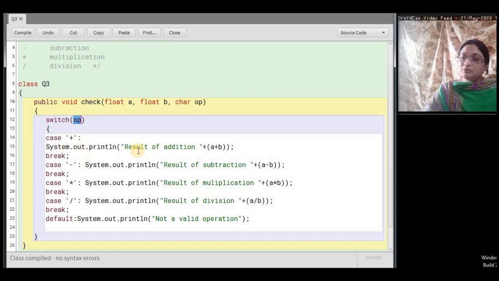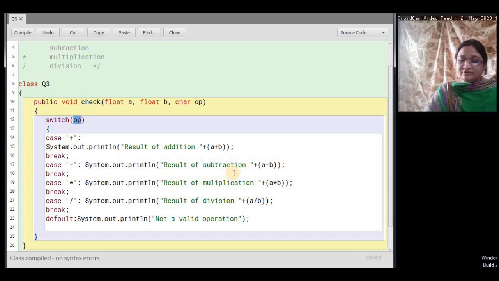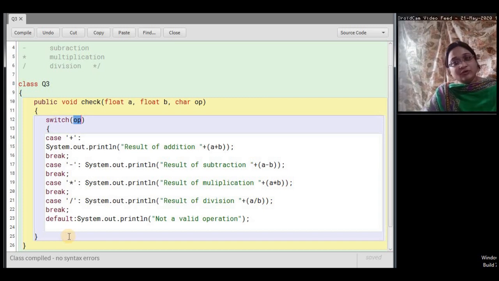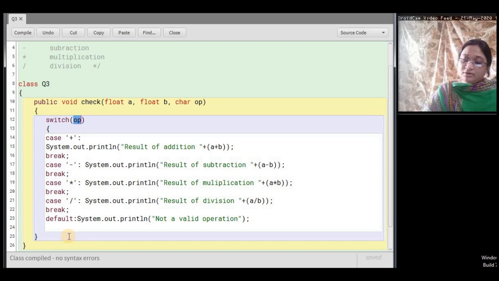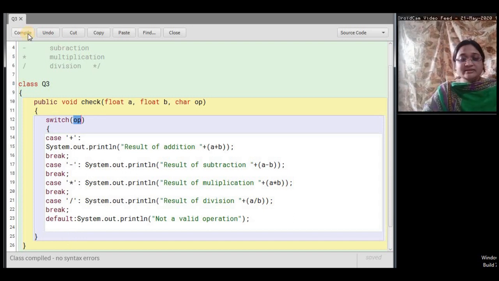In system.out.println, result of addition equals A plus B. Then break. Case minus, system.out.println, result of subtraction A minus B. In this way, we have to write the other cases. And I have given a default case also, for printing that it is not a valid operation. So let us execute this.